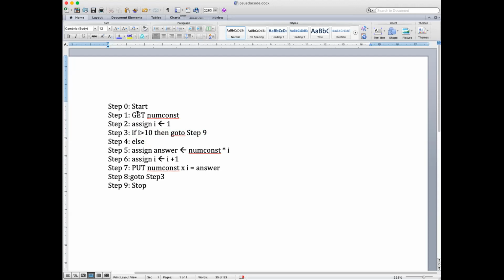So you can say that get is an instruction, assign is an instruction. See, for every assignment, I am writing assign as a keyword. And this is a conditional statement. This is also a conditional statement. This is an instruction or a command. This is also an instruction or command. This one is also instruction or command. This one also goes to instruction or command.